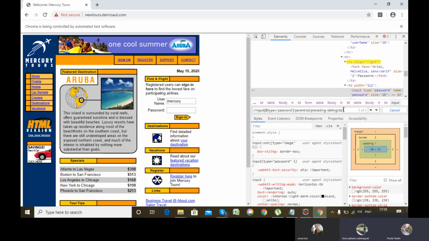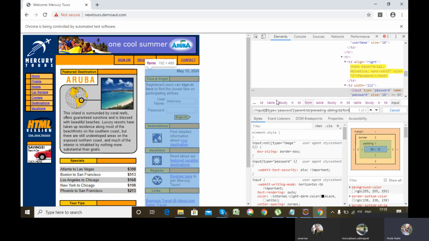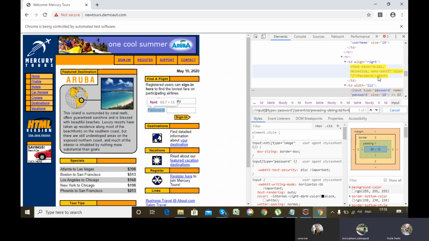Okay, so I got the XPath of this particular web element. So I have to retrieve or extract out the visible text of this particular web element in my code. So what I have to do is,